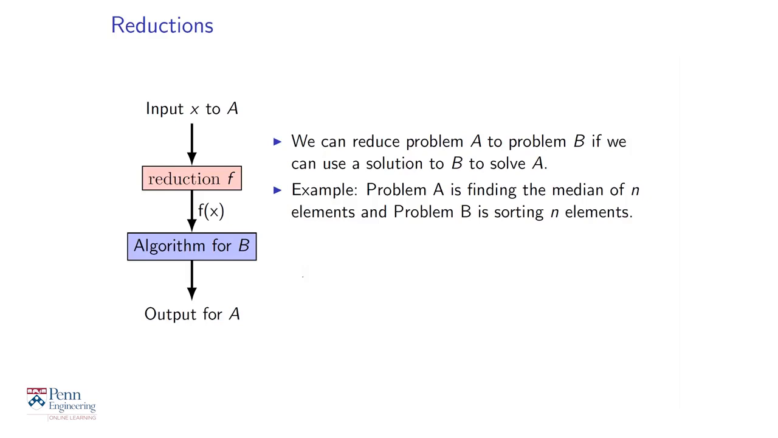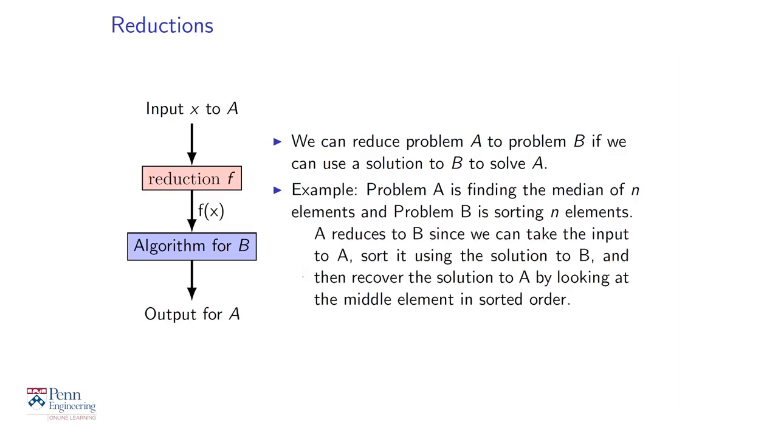Let's consider the problem A is the problem of finding the median of n elements, and problem B is the problem of sorting n elements. Again, A is given n elements, find the element that's halfway in rank, meaning the n over 2 smallest element in the n elements. And B is given n elements, just sort them. Now, can you reduce problem A to problem B? Can you reduce the problem of finding the median to the problem of sorting? Yes, because